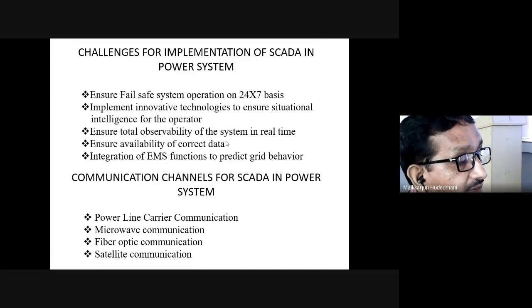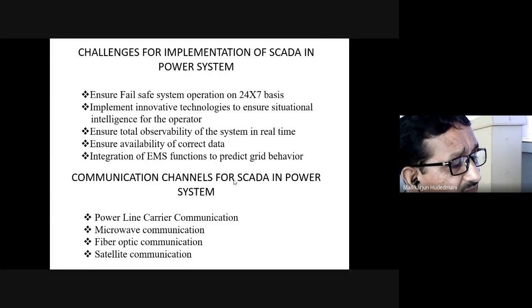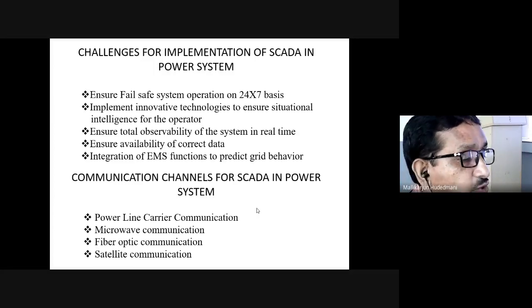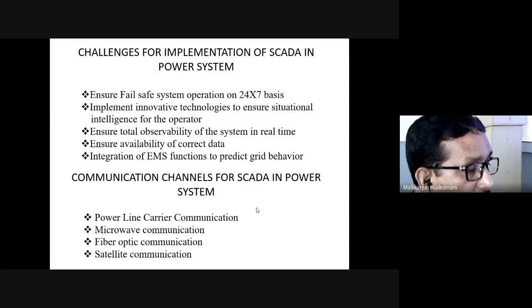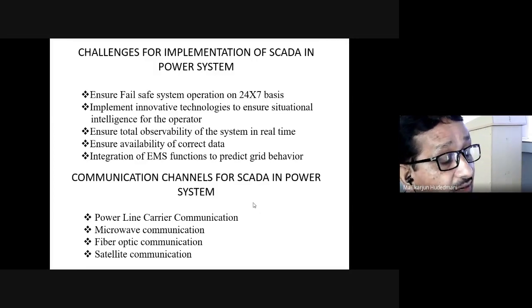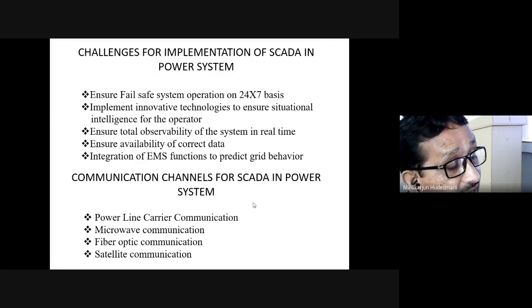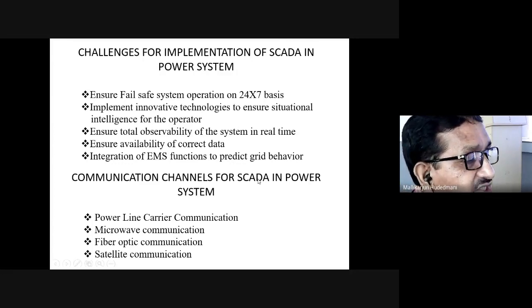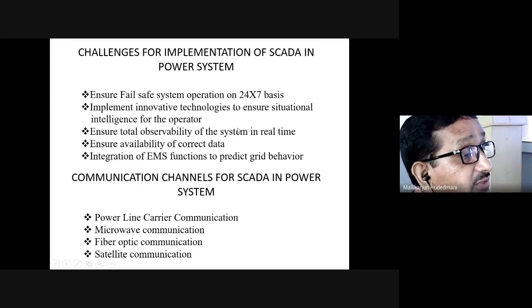Always, as and when there is a change, a control action is initiated, and the behavior of the system soon after that has to be estimated. How the grid behavior, how the transmission and entire power system behavior is going to be soon after this, on the occurrence of this, has to be understood in advance. That is a great challenge as well as a requirement of the power system. Then to do this,